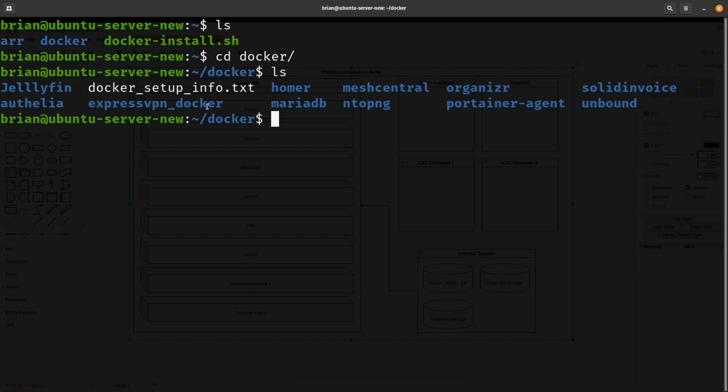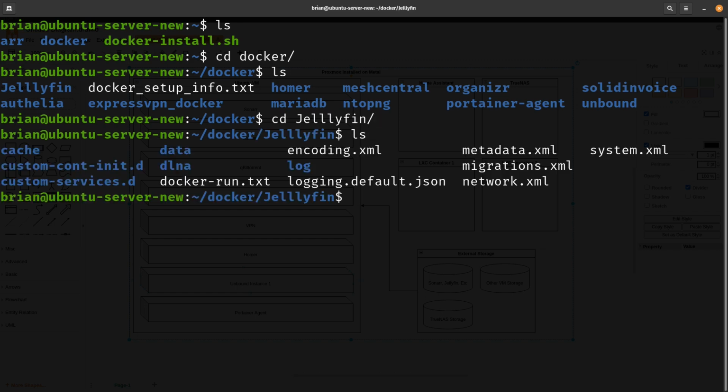It makes it easy. I was able to do it again, no problem. Just go back to my notes that I took at the time, make sure that I had everything set up the same way, and no big deal. But by having these things the way that they are, if I go into Jellyfin, you can see here that I've got this file called docker-run.txt, and you've probably seen me making these in the last few videos because it really does save you some time so that you're not doing history, pipe, grep, docker,